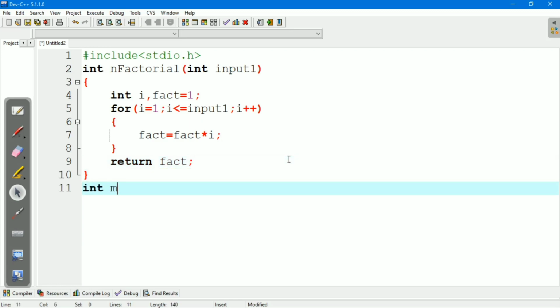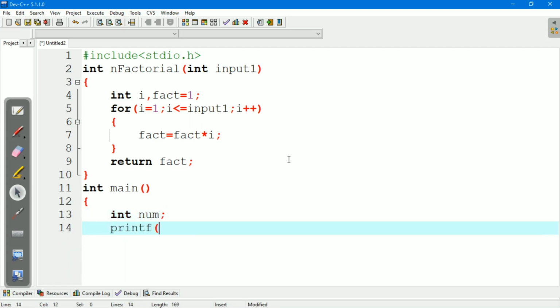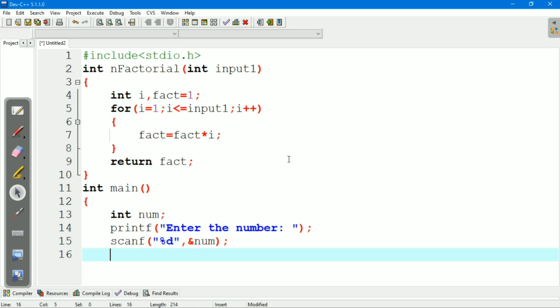Now we will write the main function. We will declare the number. We will take the number from the user, enter the number. Now read it from keyboard, scanf %d, ampersand number. Now we will call the function, printf %d.